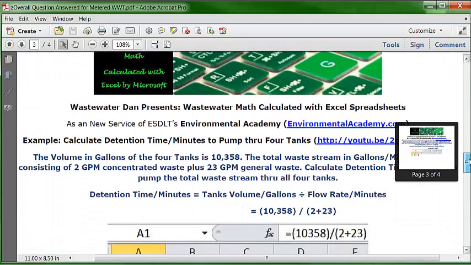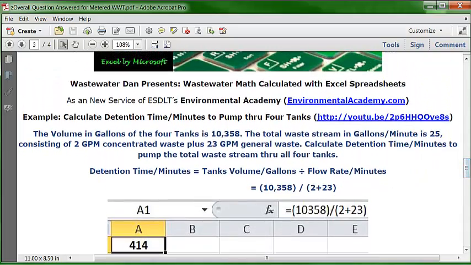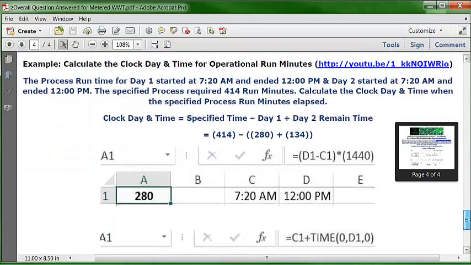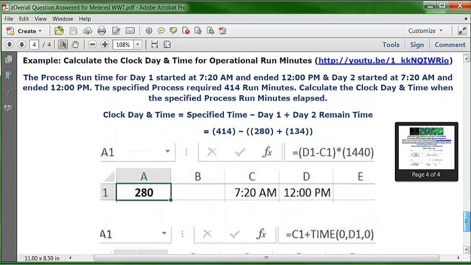So after we do that, then we went through and we calculated the detention time in minutes to pump through 4 tanks. And you see the YouTube channel link, and you see the title of the channel. And we plugged this information into this formula, and we determined that it was 414 minutes to pump through the 4 tanks. So then we go and look at the third installment, and this is actually fairly lengthy here, but